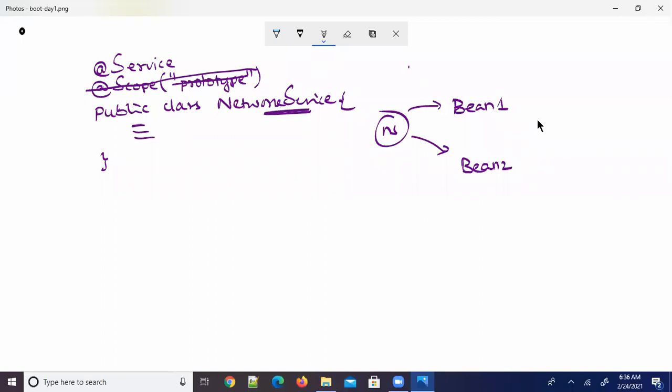A Spring Bean is just a class in the application whose object life cycle is managed by the Spring Container. So my question to all of you is, how many types of dependencies can exist in a bean?